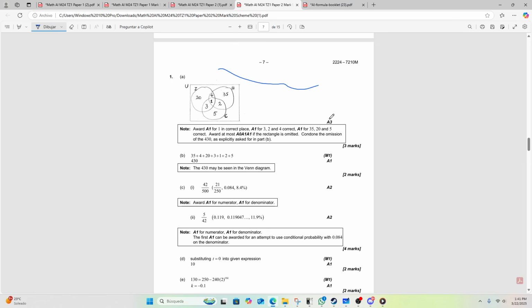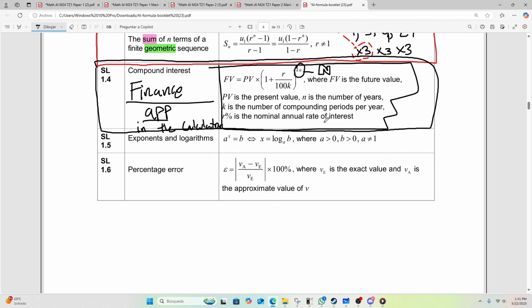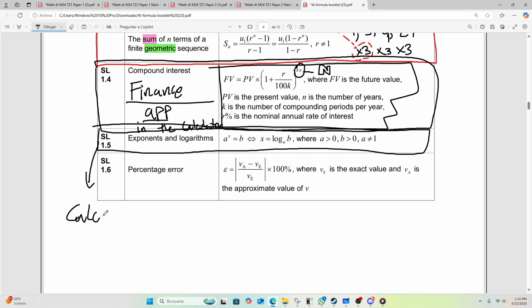Yeah, back to the formula booklet. So exponents and logarithms tend to show up once or twice per exercise. See? And the hard part here, I think, is first learning how to handle logarithms in your calculator, okay? And the second thing that I can really mention here is the tip of calc intersect. Calc intersect. And I will put this video in the description for sure, because it's probably one of the most important tools you can have.